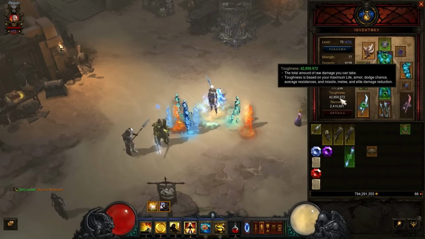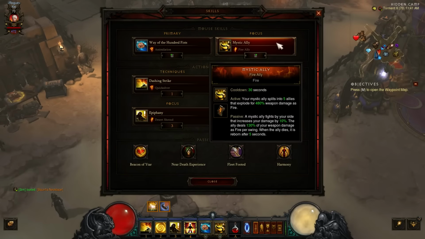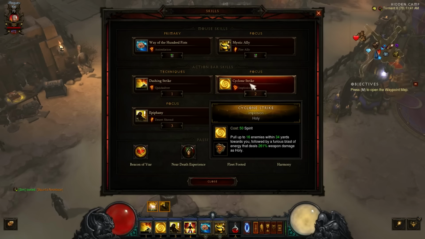10 monsters around you. So as far as skills go for this build, the main ones you need is the Mystic Ally, because that's how you're going to activate your allies. I would also recommend Dashing Strike so that you could get into the middle of the pack. Cyclone Strike, so you can pull a whole bunch to you, activate those allies, and get that part of the